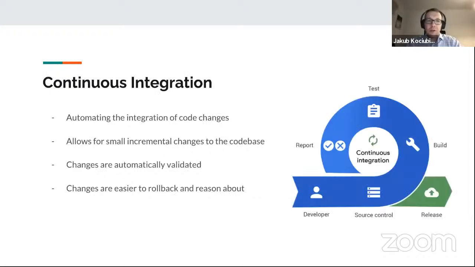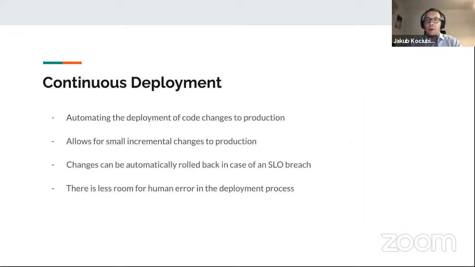What's also important is continuous integration and continuous delivery, on the next slide. Everyone needs to be integrating their changes all the time. This allows for small incremental changes, and it's easier to roll back those small changes from the code. This gives us the possibility to do continuous deployment, so that you can take those small changes that you commit, build, test and run on your local environment, and then just deploy that small change.